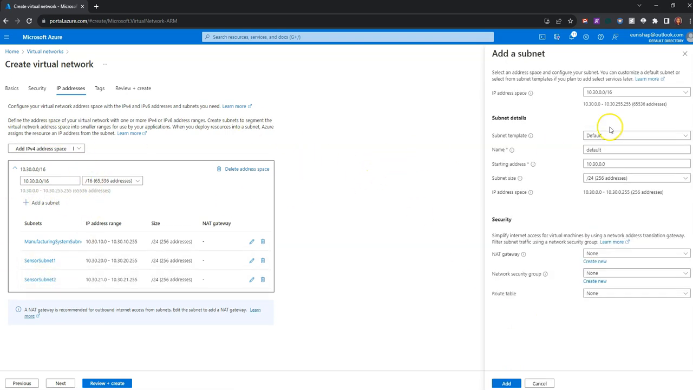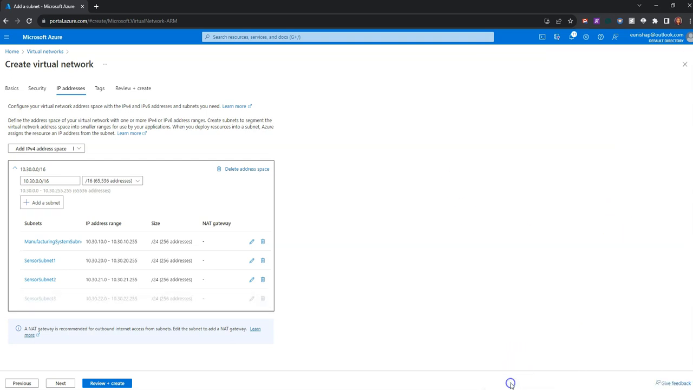We're going to click on add a subnet here, final stretch, and we have sensor subnet number 3. That is the name of our subnet. We're going to paste that into the name field, and the address space here is 10.30.22.0/24. That looks good. We're going to go ahead and click on add,